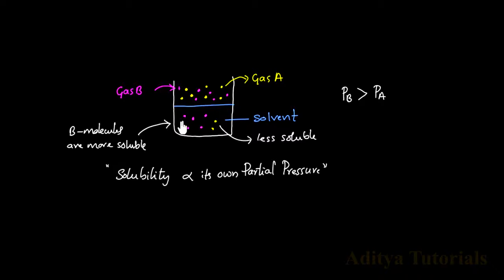Let's see one particular application of Henry's law on this concept, that is the partial pressure concept. Here I have a container. This is a very large container, and in this I added water. This is the layer of water, H2O. And in this layer, there are some ammonia molecules dissolved. These are the ammonia molecules. I want to remove the ammonia molecules. There are two methods. One, you can heat it.